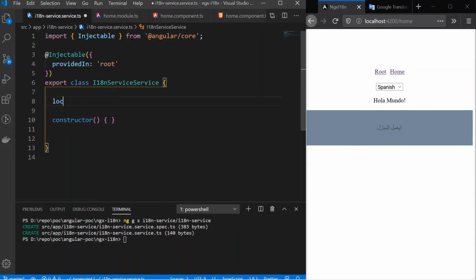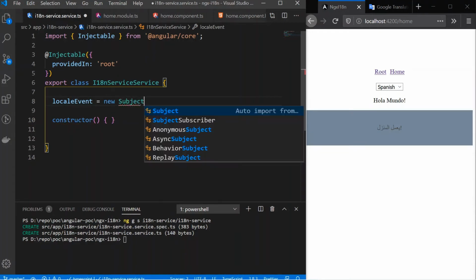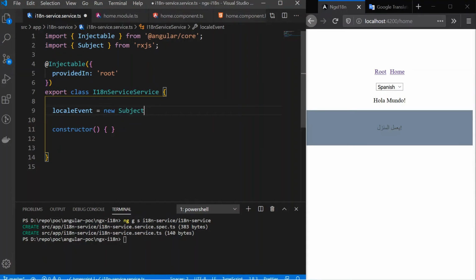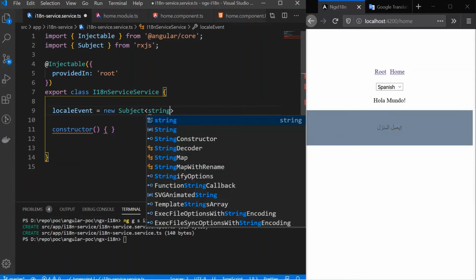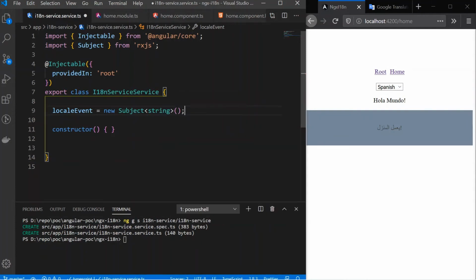So I'll name that locale event. Okay, so we'll create the subject. You can import it from RxJS. So I'll keep the type as string. And we'll create a method, changeLocale, which will accept a variable locale as a string